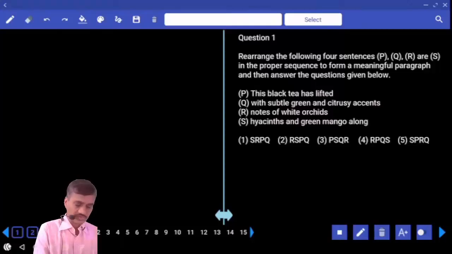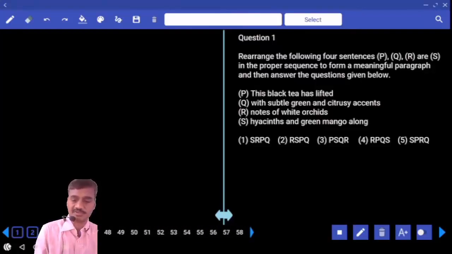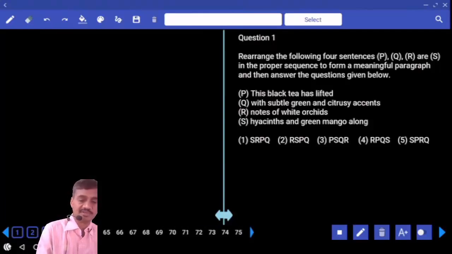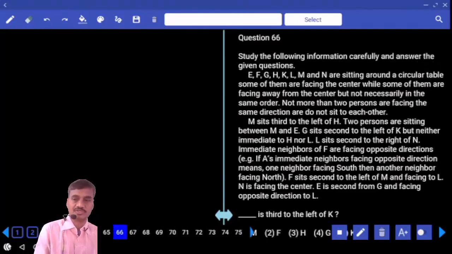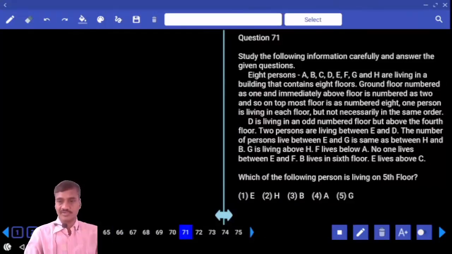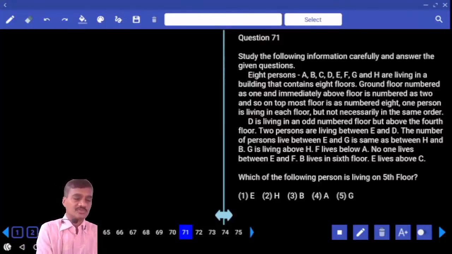Now let us start with question number 66. Tell me whether it comes under the first priority or the second priority. Second priority. Why does it come under second priority? Because there are some persons who are facing towards the center and some who are facing away from the center, isn't it? And next, from 71 onwards, 71 to 75 fall under first priority itself,